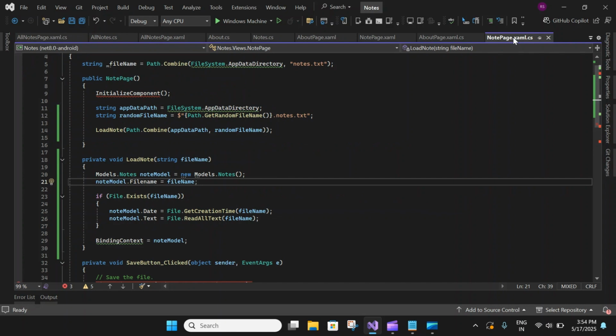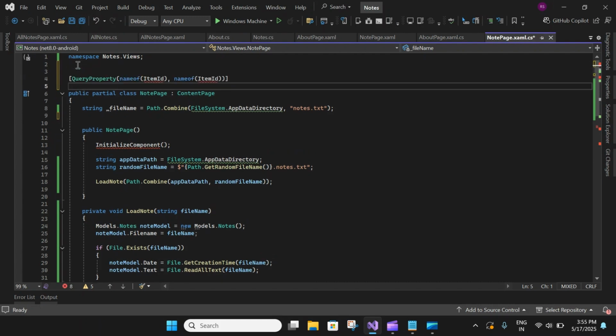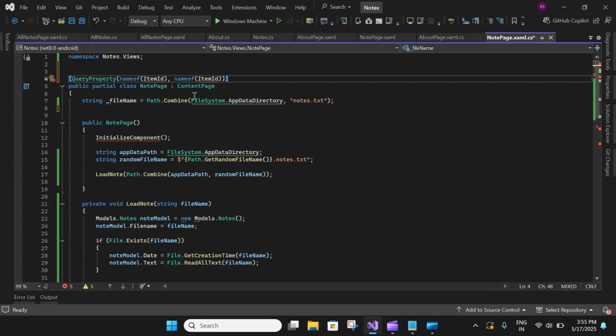providing the name of the query string property and the class property it maps to, and the item ID respectively. So let's copy the code that I have. So here in our NotesPage.xaml.cs, let's add this query string property above our NotesPage class. Let's save this. And let's add a new string property named ItemId. This property calls the LoadNote method, passing the value of the property, which in turn should be the file name of the note. So here let's add